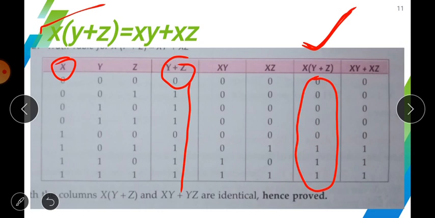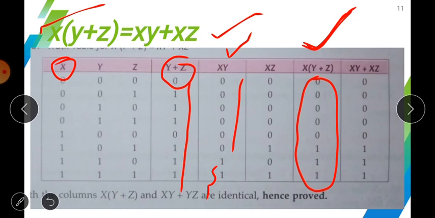And similarly we will be creating the truth table for this side also. And on this side, first of all you will have to calculate x and y. So starting with the AND function between x and y, you will have this column, okay, x y means 0 0 0 0 0, and the last there is 1 1 1 1, so there is 1 1. And again according to the function given, you will have to calculate the AND function between x and z.